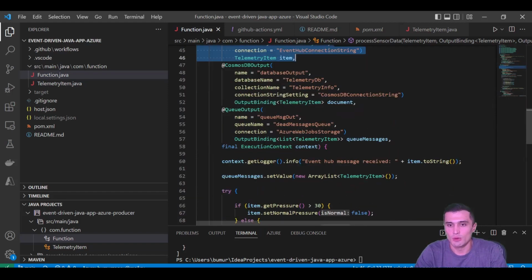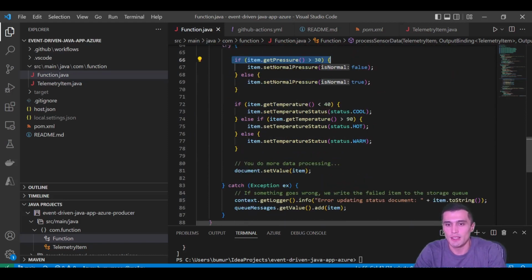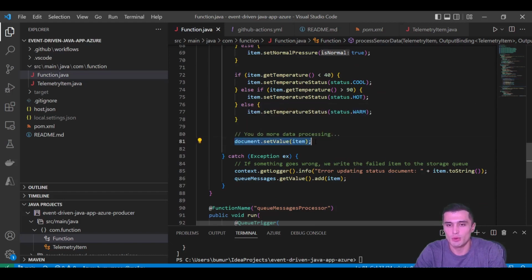And this code will run, do some kind of logic. In my case, just a simple logic to identify if pressure is above some sort of degree or below, and then it writes the result back as output to the Azure Cosmos DB.